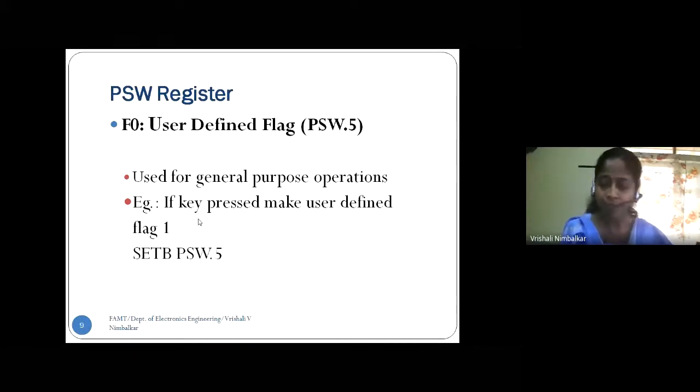If I do not check the key at the time it is pressed, the operation of the program will not be correct. Functioning of the program might not be correct. So as soon as I press the key, it should be detected and let it remain detected till I complete the operation for the required key. Correct? So that is where I can make use of this flag bit. As soon as the key is pressed, I set this flag bit.